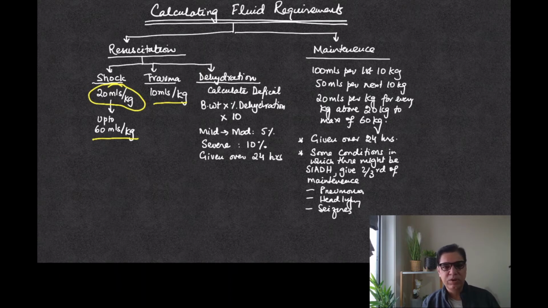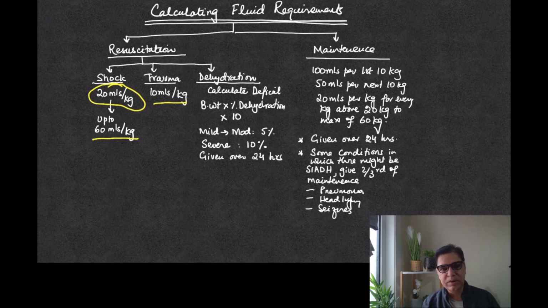So remember, the body weight multiplied by percent dehydration multiplied by 10 gives you the amount of fluid that has to be given. But remember, this has to be given over 24 hours. You do not give it as a bolus. Bolus fluids are only given in conditions of shock. Apart from that, if the child has got deficits, you will cover up these deficits over 24 hours along with their maintenance fluids. Now, maintenance fluids, as far as they are concerned, we use the Holliday-Segar formula, which is